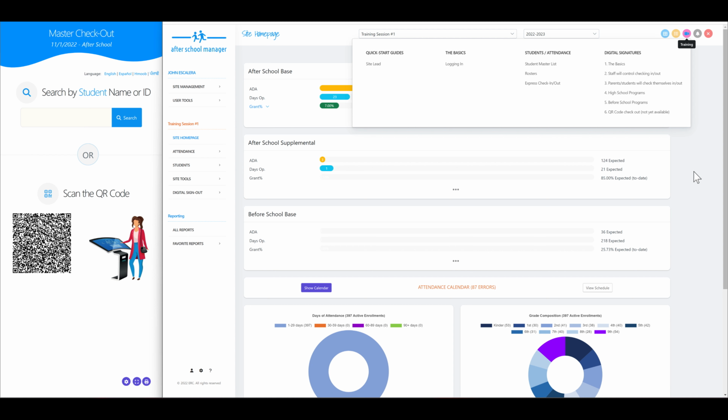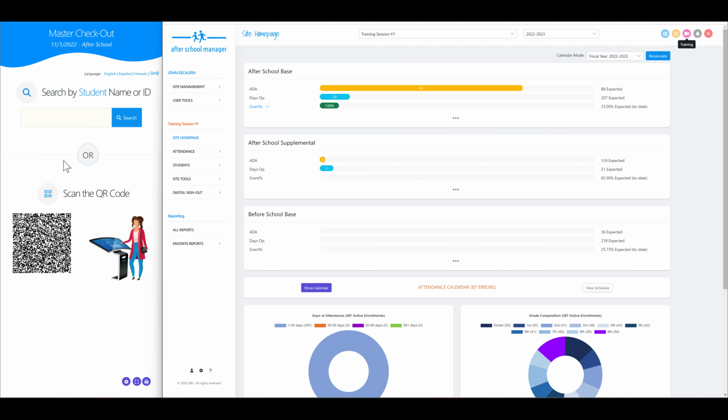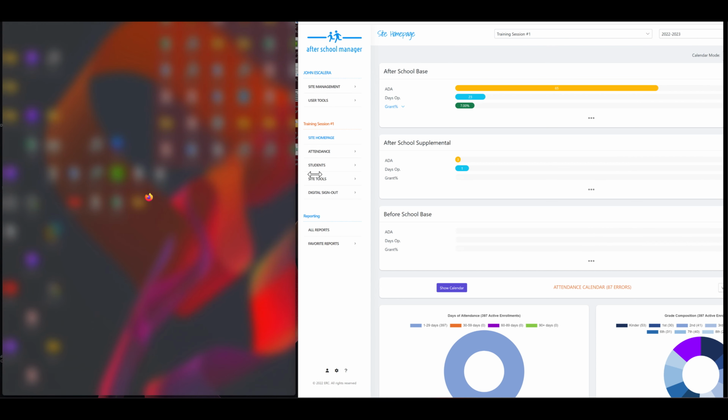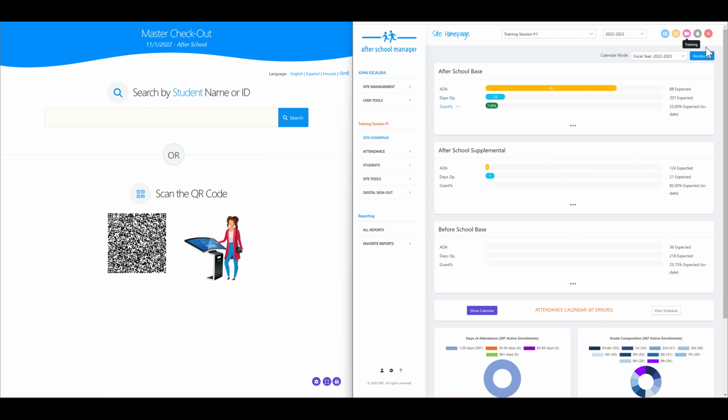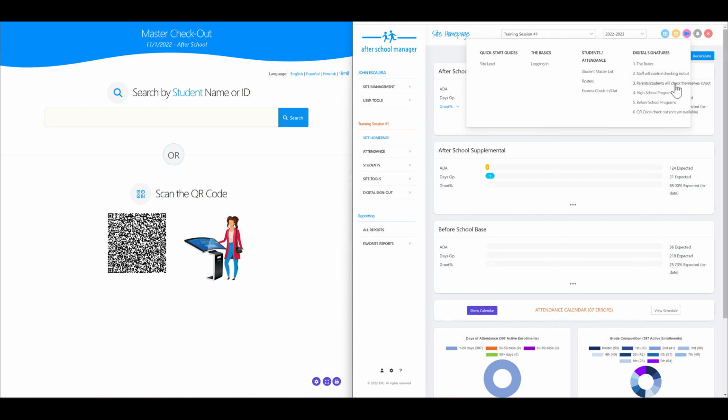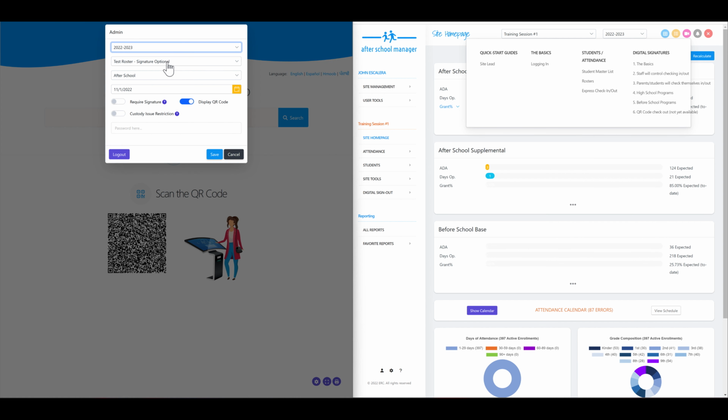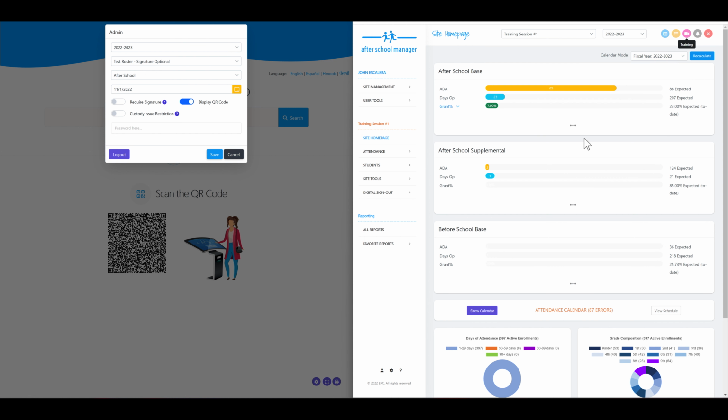What's different about before school is you have to set the rosters to be specifically before school rosters. So if I go in here to my kiosk, again, if this doesn't look familiar to you, go ahead and watch the video on parents or students checking themselves in and out, which is the kiosk video, and you'll know what you're doing here. But if I go here and I say, okay, I want to do my test roster and I want to do before school, well, it's not listed here. So the first thing I want to check is whether or not my site has a before school grant,